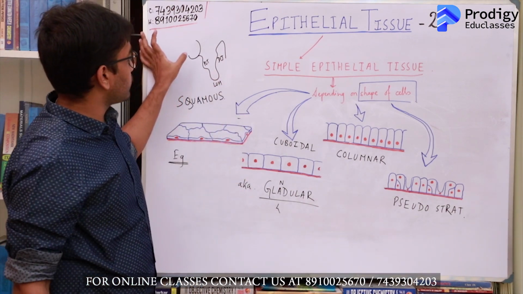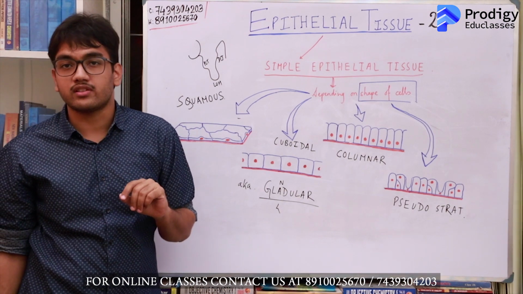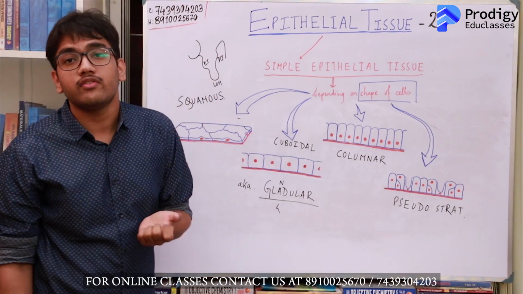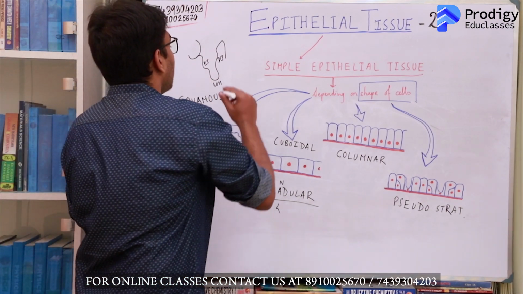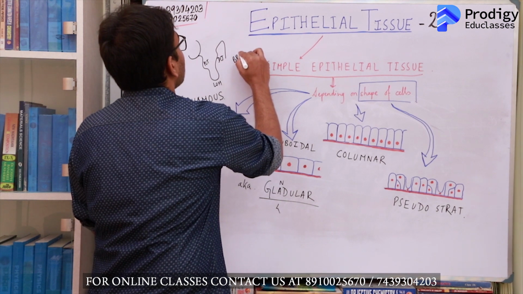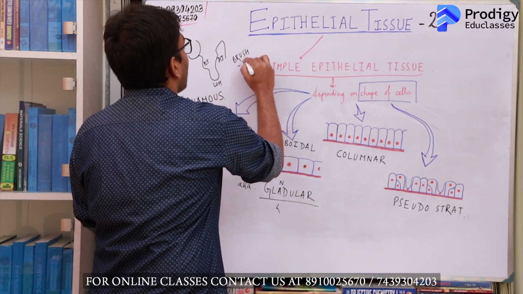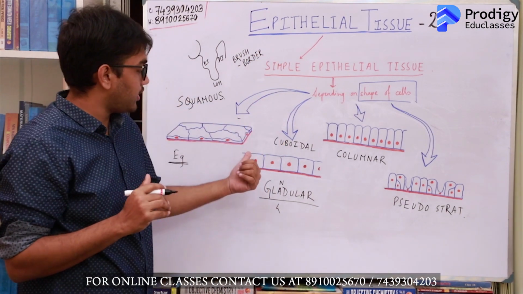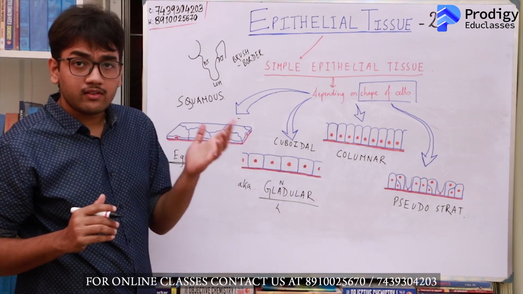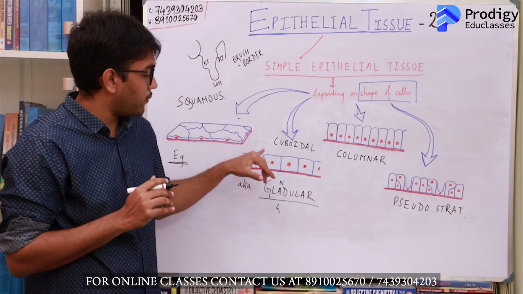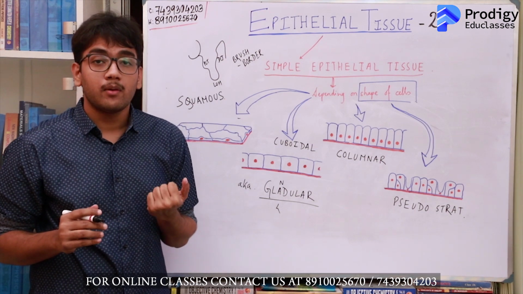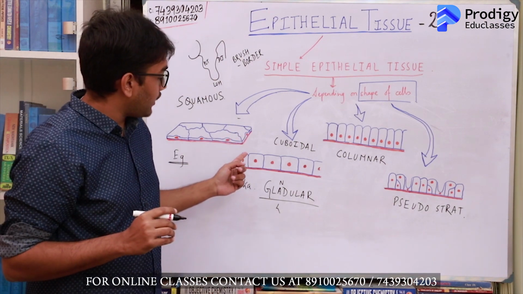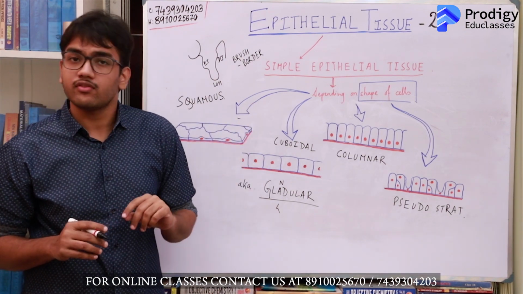Simple cuboidal epithelial tissue in the nephron has certain surface modifications. Since they take part in reabsorption, in order to increase the surface area of absorption, you have something known as brush bordered cuboidal epithelium. Now what is this brush border? This brush border is a modification of the surface cell membrane of these cuboidal epithelial cells, where the surface membrane is thrown into numerous finger-like projections, giving a brush bordered appearance. This actually intends to enhance the surface for reabsorption.